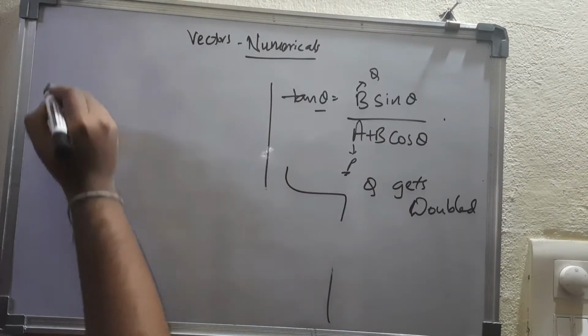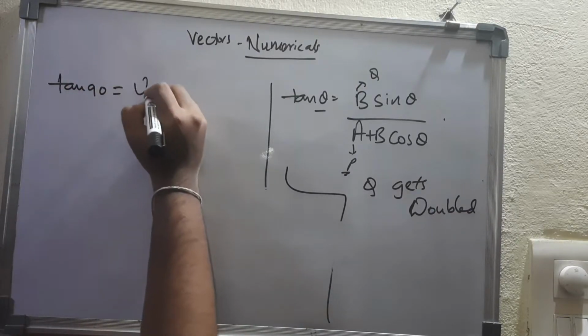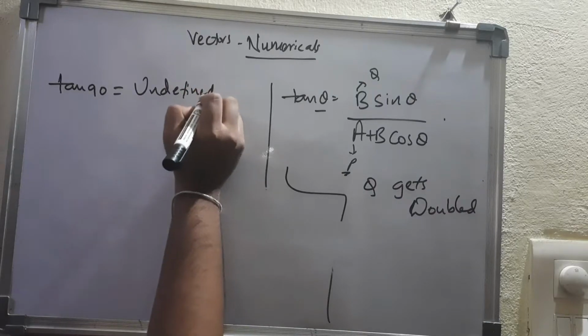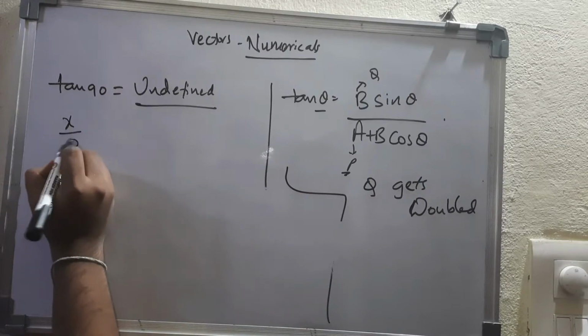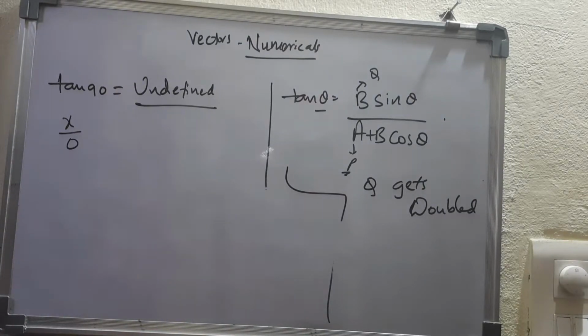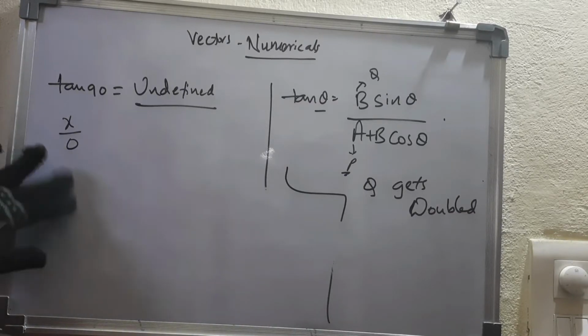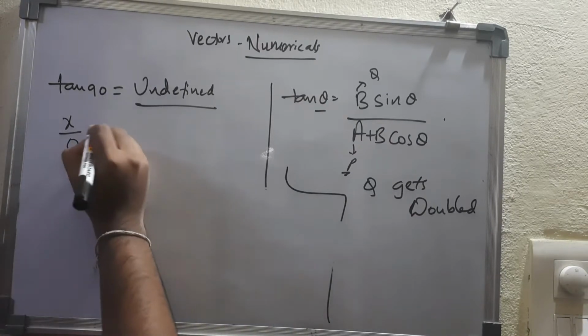As you know, tan 90 is equal to undefined. Tan 90 is undefined, na? So what is meant by undefined? Something by 0 is undefined, right? You know this from your childhood: something by 0 is undefined and 0 by something is 0. So x by 0 equals